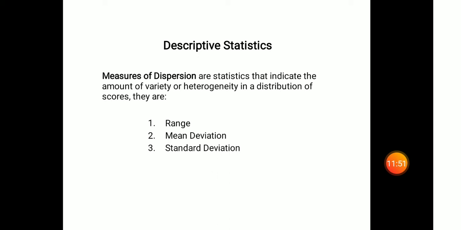The second measure is what we call mean deviation. As we mentioned previously, even if it is mean deviation or standard deviation or any measure of dispersion, the first measure we will calculate is the measure of central tendency, either mean, median or mode. The scatteredness of the data is calculated from the mean, or how much the data is scattered from its average. That is what we are looking at in measures of dispersion. So how will you calculate mean deviation? First we want to calculate the average. The average usually we calculate is the mean.